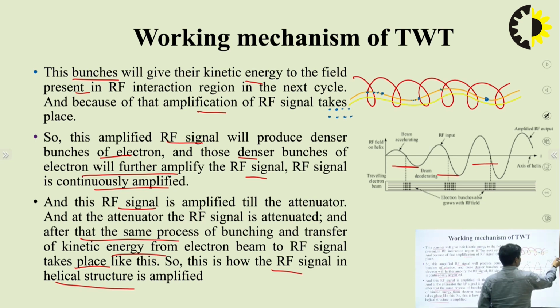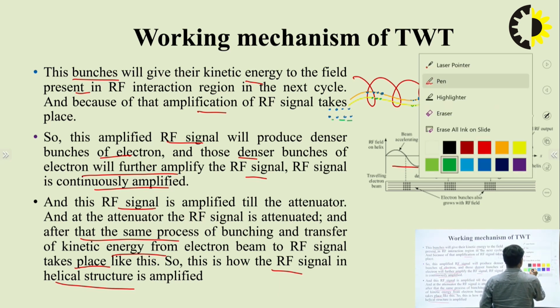The same will happen for this part too. The spacing between two electrons will reduce. So here the bunches will take place and they are also bunched together. Now when we draw this trajectory path, if you can see here,